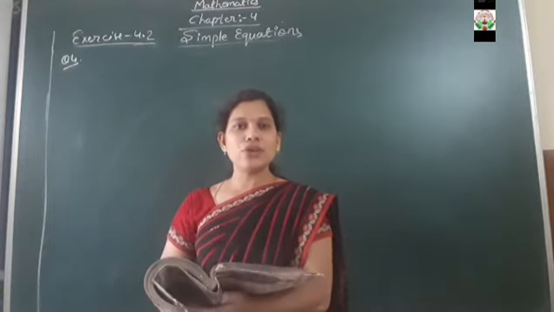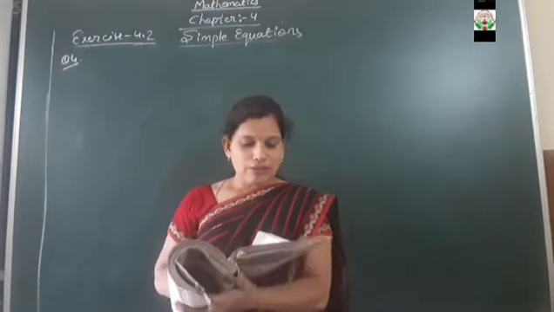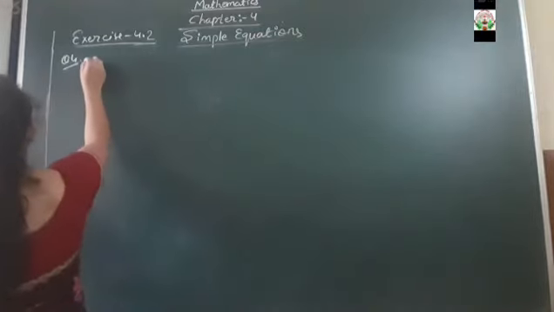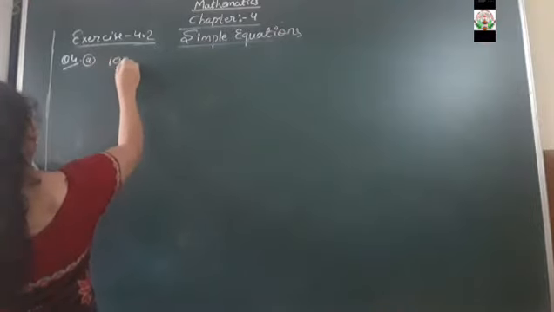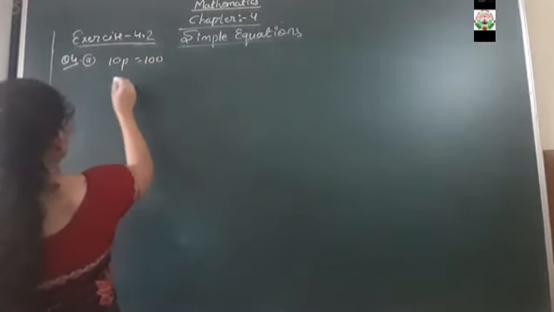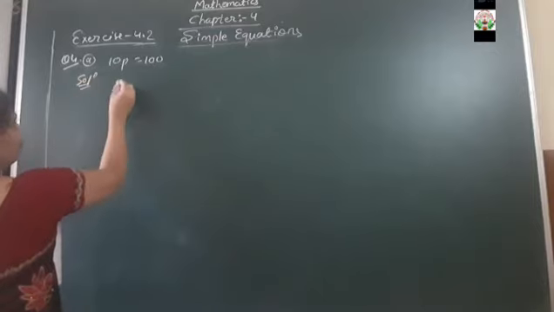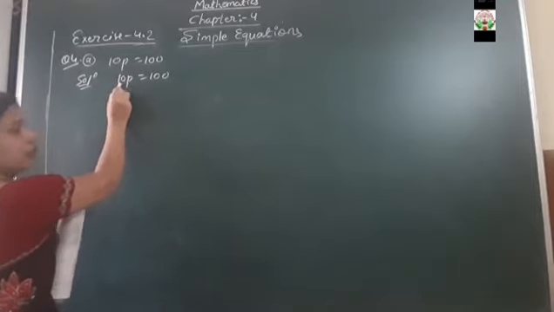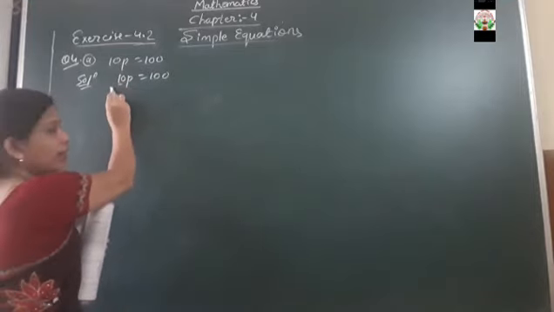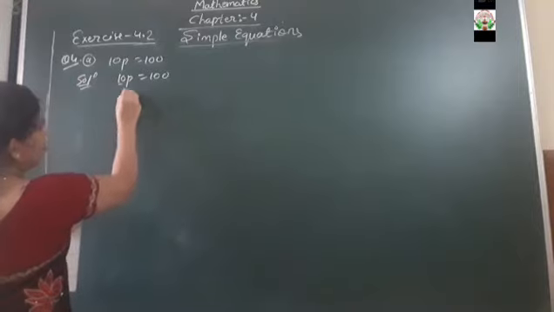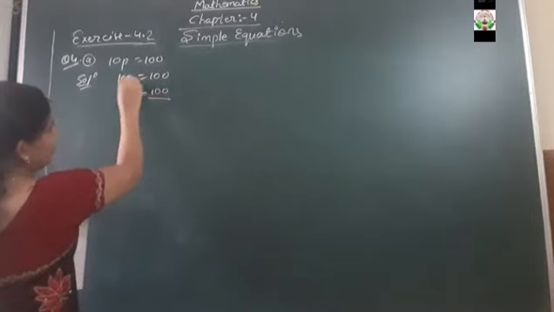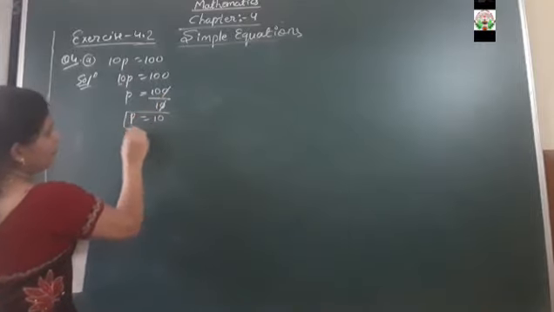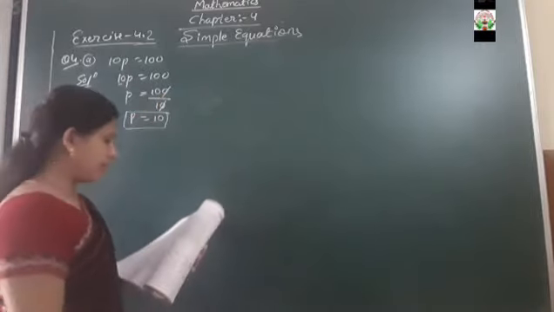So in this way, continuing with question number 4 from exercise 4.2, what we are going to do? Here in question number 4, it is said that solve the following equations. Like the first A part, it is said that 10p is equals to 100. Okay, so solve it. What is the coefficient of p? p के साथ जो नंबर रहता है उसको coefficient बोलते हैं. So that coefficient will come to the denominator here. 100 denominator में आएगा, so it will get cancelled. And what is the answer for p we will get? That is p is equals to 10.